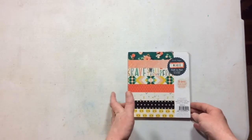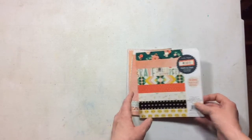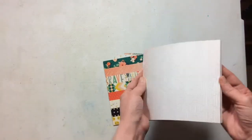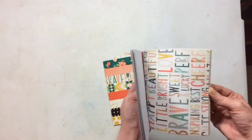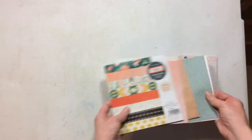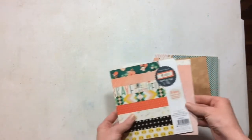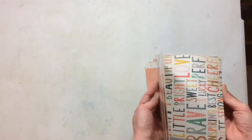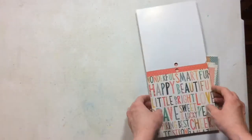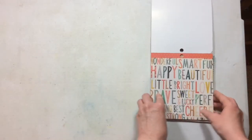This is a 6x6 paper pad from Crate Paper's Wonder, and I do not have any other bits or pieces from this collection. No 12x12 paper, no embellishments. At some point it got torn in half. So this is just in my stash, and I decided to pull the colors from this and create an entire kit from it. Primarily I took my colors from this first paper